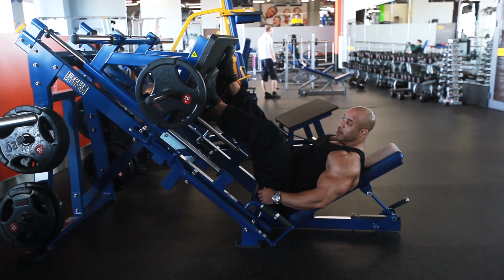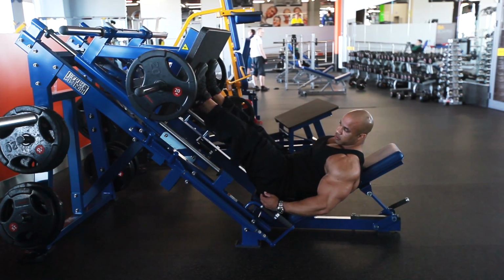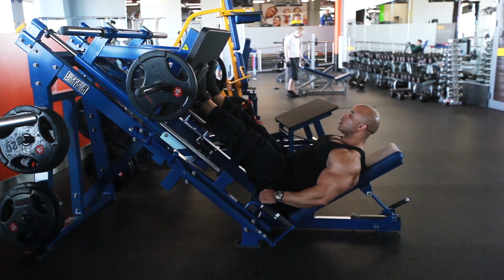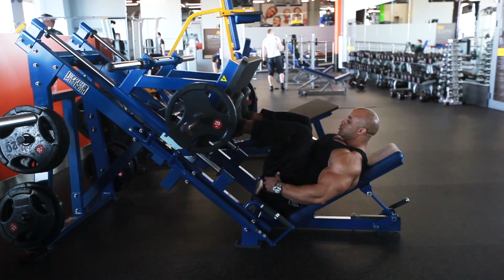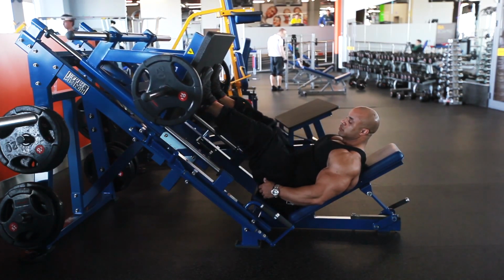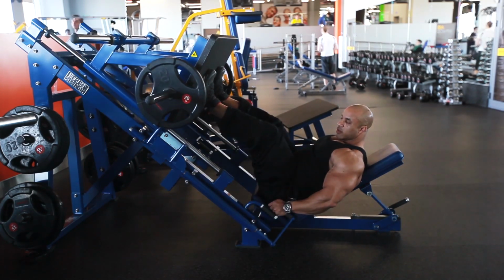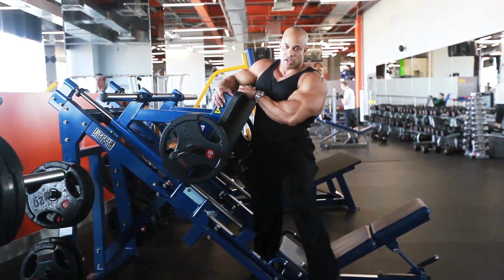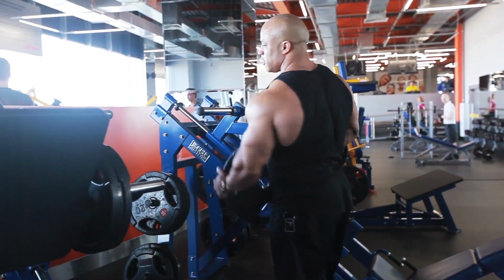Now, if you were doing quads again, feet lower down here, parallel, and now you can go a little bit lower. Big difference. And usually, when I'm finished up with the hamstrings, of course, I like to finish off with some